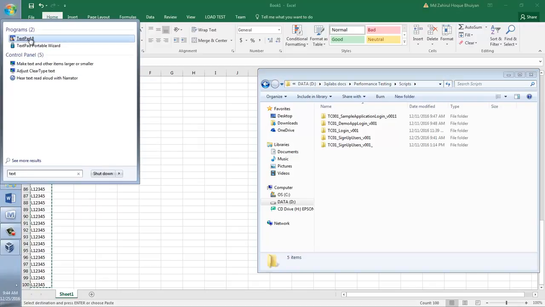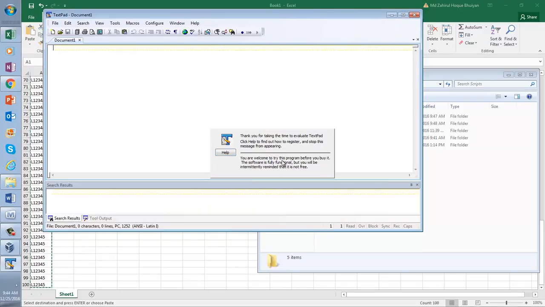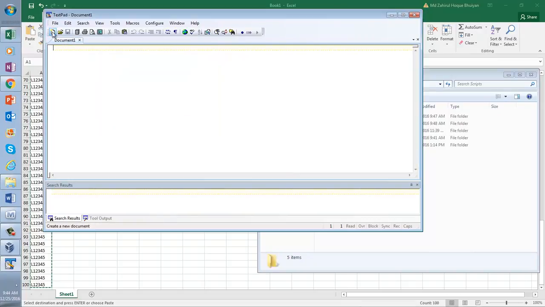Can you see I have TextPad? I am opening TextPad. Then take a look here. I am opening a new document. I have all the passwords here, right? Okay. Then you come here.